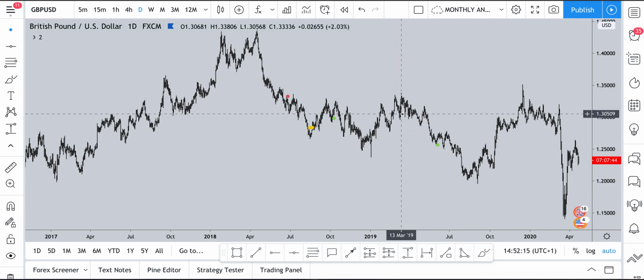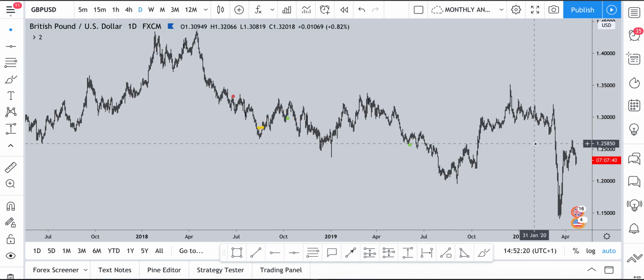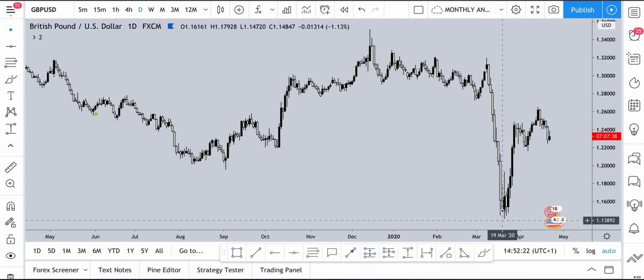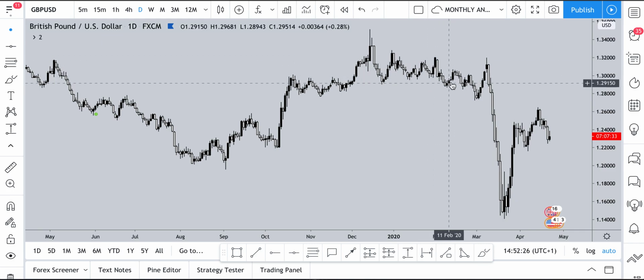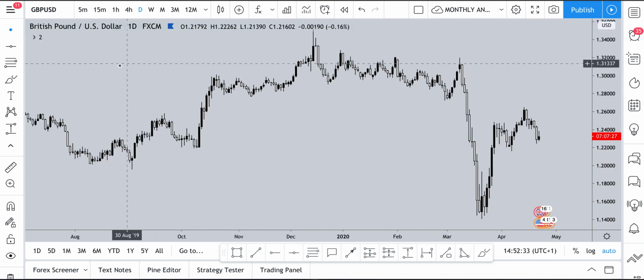in January last year that the coronavirus was going to happen, right? Or that something mad was going to happen and it was going to push. This is crazy. This is crazy. Look at this. Look at this, right? These are daily candles. Look how much it moved in that time. Right, if you have a look here,